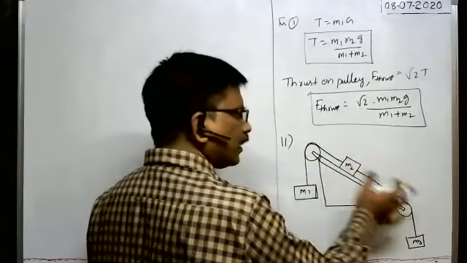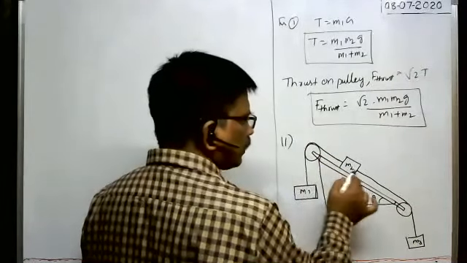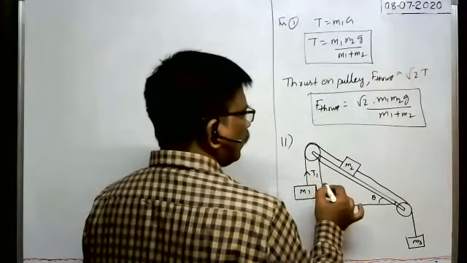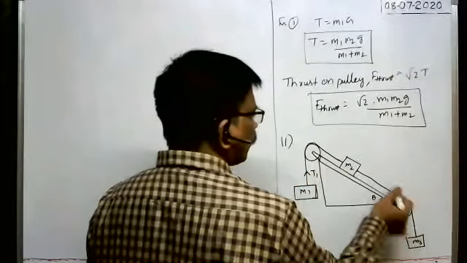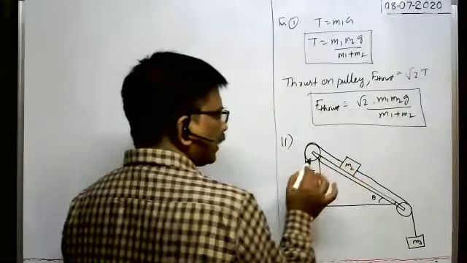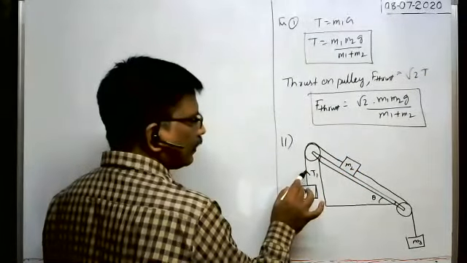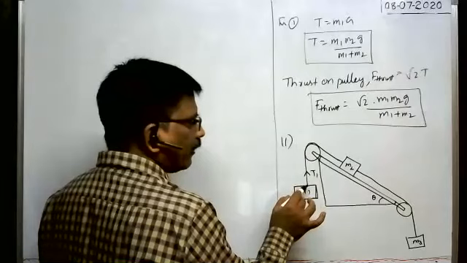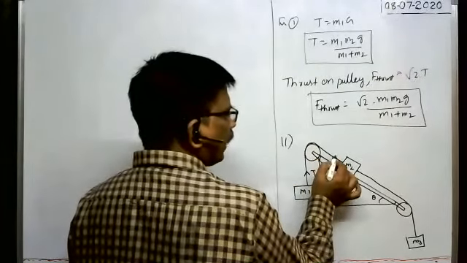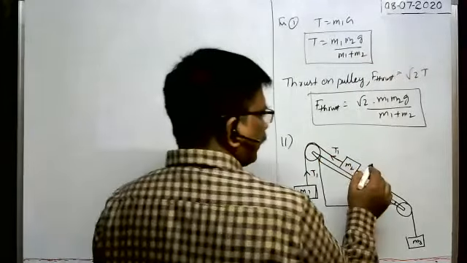That's why definitely tensions are different. These two are not the same strings. Up to this only, this string is there, this is another string. That's why if the tension in this string is T1, here the tension in the string is T2. So the same tension T1 acts here also, but tension is always away from the block. Here, when you consider the tension of the string, the tension acts away from this block, means in this direction. As it is the same string, the same tension acts, but away from the block, means in this direction such tension lies.